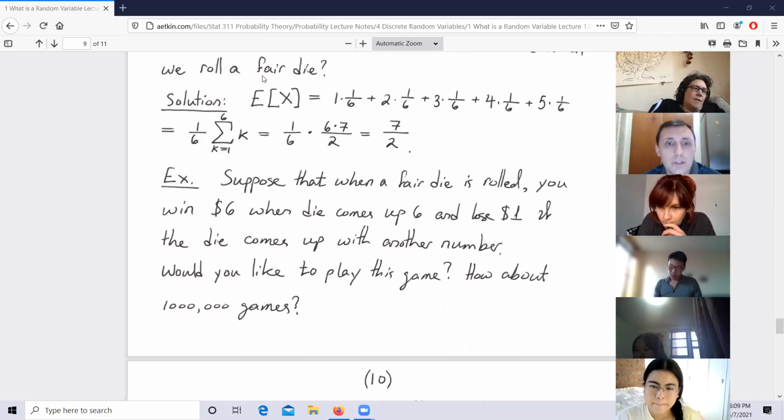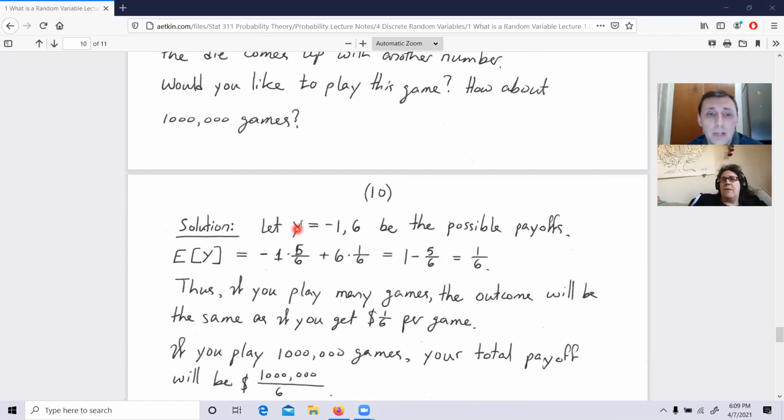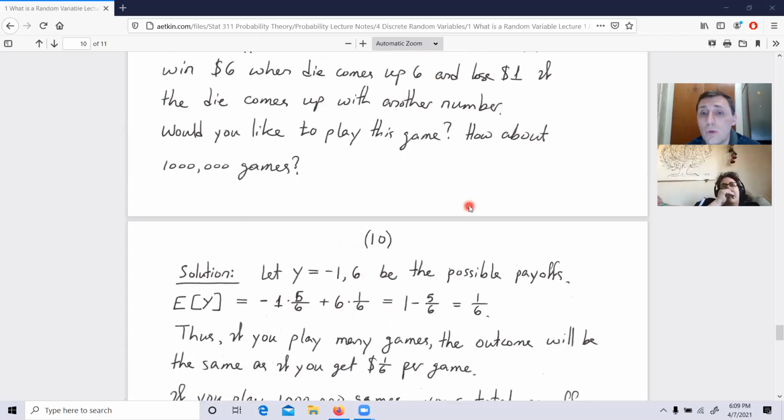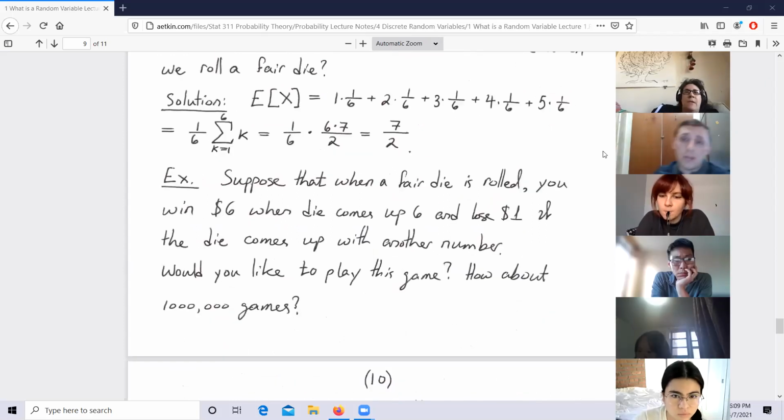Let's talk about this question. Let's see what happens here. So what is my random variable? My random variable is either -1 or 6, with -1 having probability 5/6 and 6 having probability 1/6. So the expected value is 1 minus 5/6, which is 1/6. What does this 1/6 mean? Would anybody interpret it? So I said expected value is equal to 1 divided by 6. What it means is